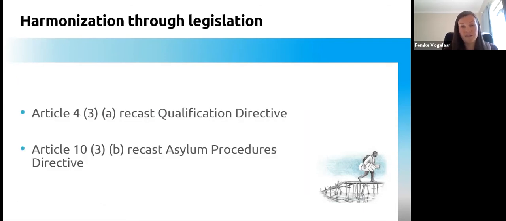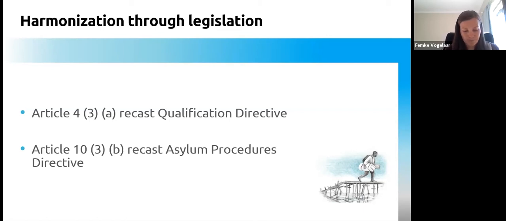Then, apart from harmonization through practical cooperation, EU legislation does include some minimum requirements for the use of COI. So Article 4.3a of the Recast Qualification Directive determines that an application for international protection is to be carried out on an individual basis and includes taking into account all relevant facts as they relate to the country of origin at the time of taking a decision on the application, including laws and regulation of the country of origin and the manner in which they are applied. So facts as they relate to the country of origin, your evidence, is country of origin information, and this information